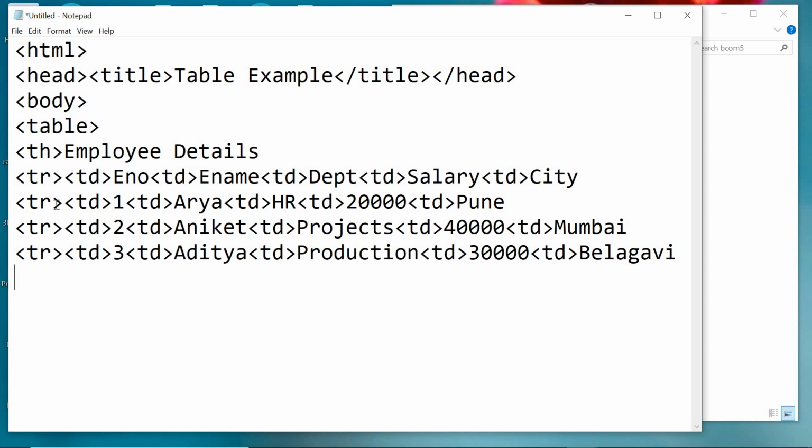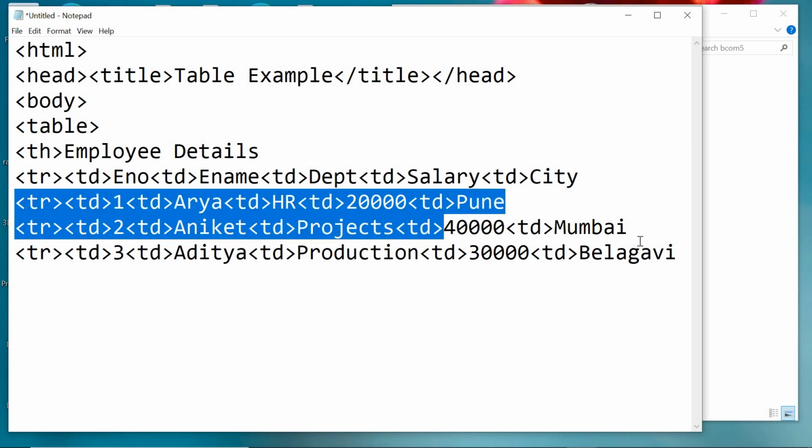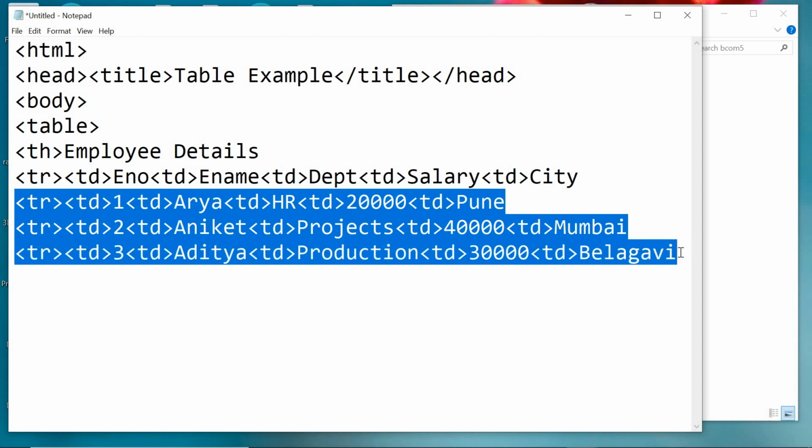We can see the 3 records are entered, right?